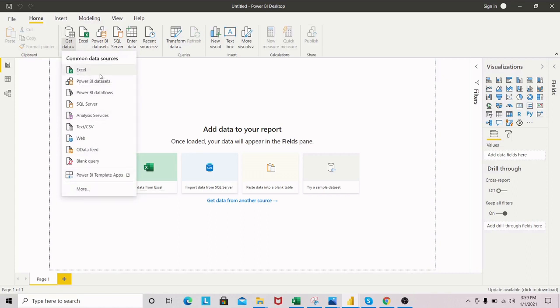On the get data, it provides you data sources. That is, you can get your data from Excel. It has numerous data sources that you can connect to, from a SQL server, from Azure, from Power BI data flows, or from a CSV file, web, or blank queries. So we go to more,